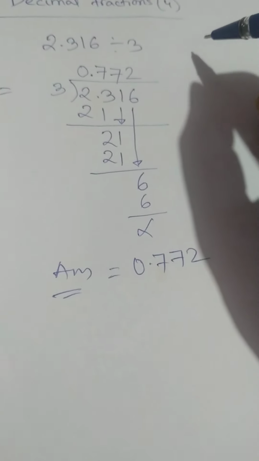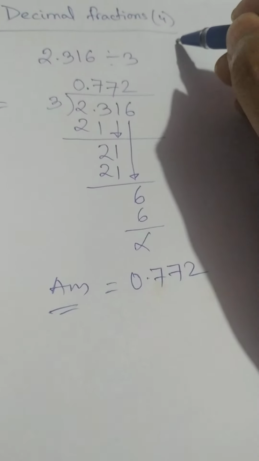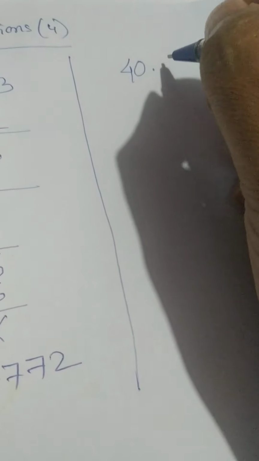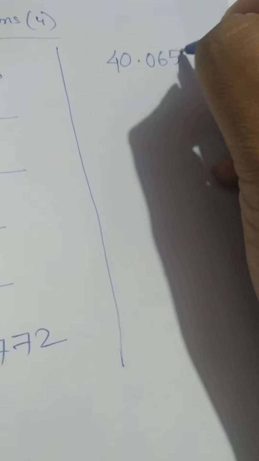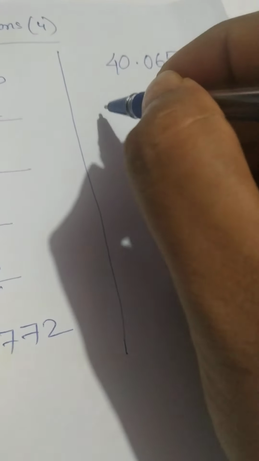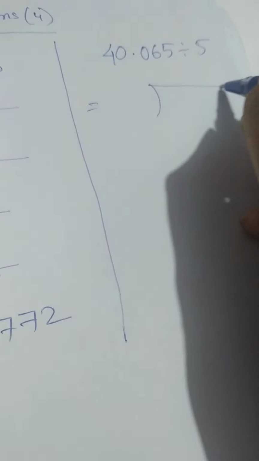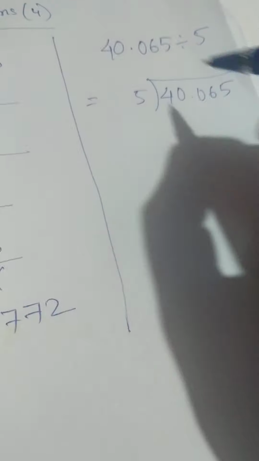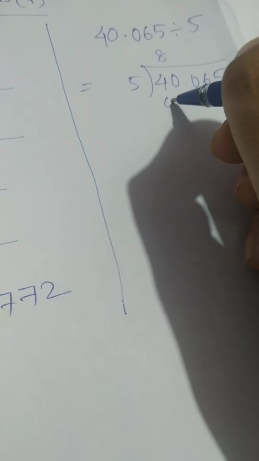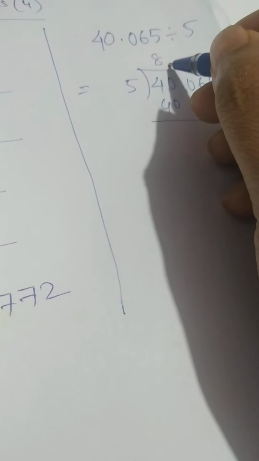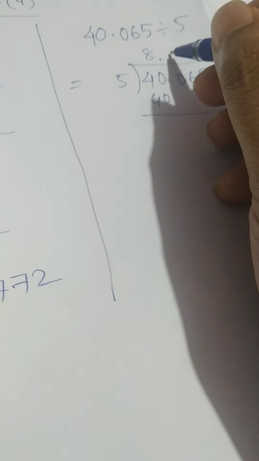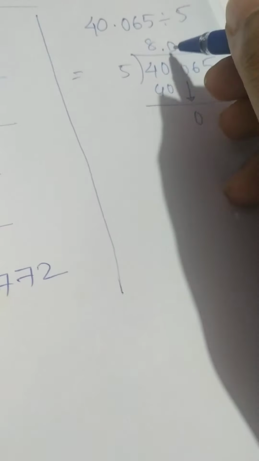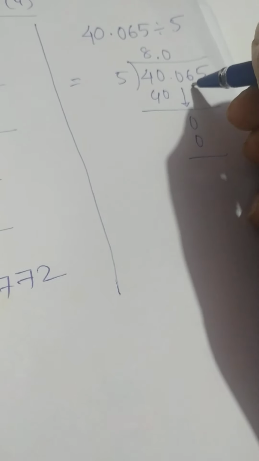Next we can see another problem. Let's say 40.065 divided by 5. These are normal division methods, you just need to follow. So 5 eights are 40, you can write. And the point as it is, then 5 zeros are 0. You can just do the division as well. 5 zeros are 0. Next 6 comes,